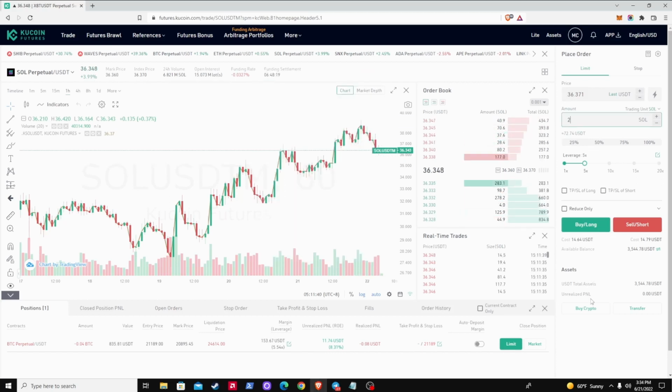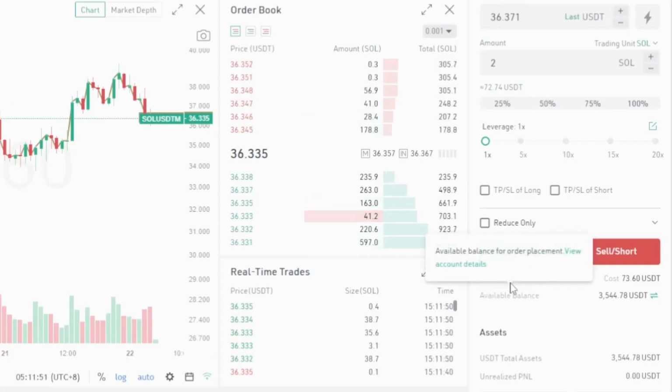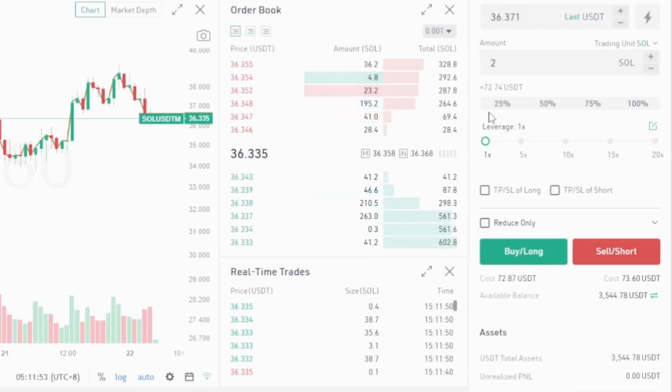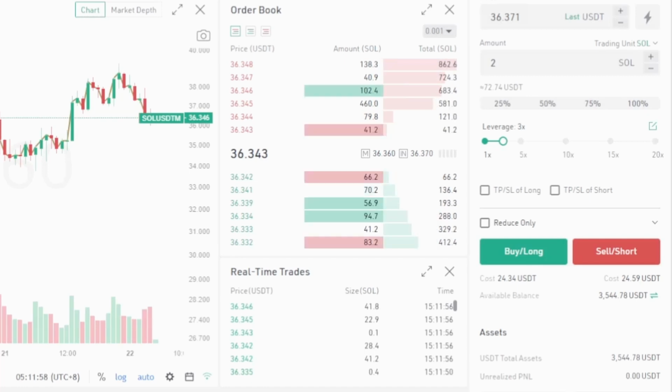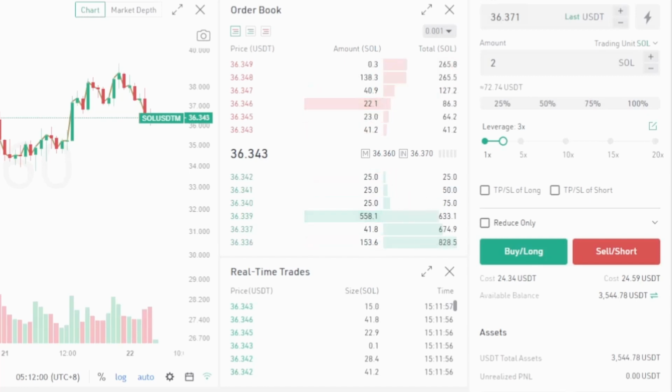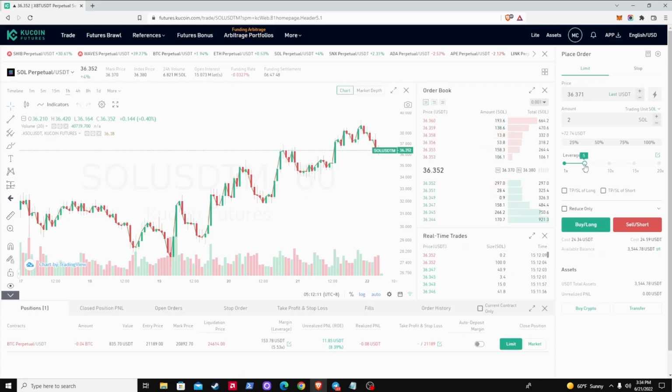And so, it's not really that important to know that. But if you're really confused as to why I picked 2 Solana and that's not coming up to $72, it depends on what leverage you used. If you're using 1x, then it would come up to $72. See that down there, how it changed to $72? If I'm using 3x, it's the same concept of taking 2 Solana, which is $72, dividing by 3, which comes up to 24, and so on and so forth. So the key number is this one that says cost right here that my mouse is next to. That's the amount that you are risking. So we're going to put that back to 5x.